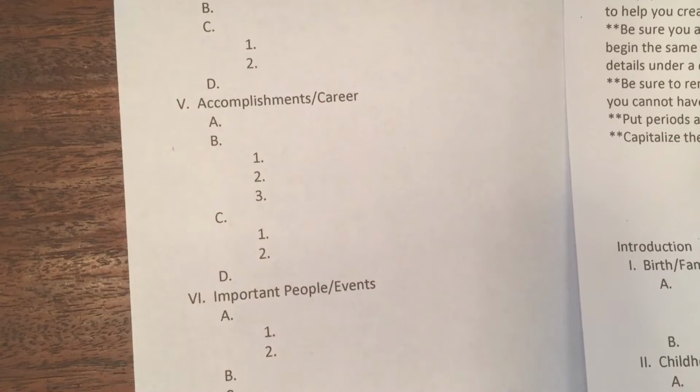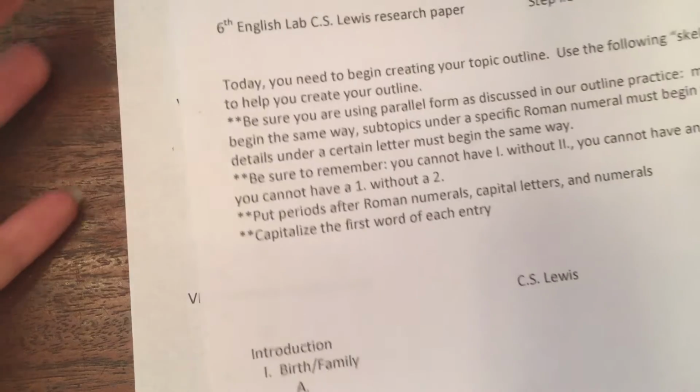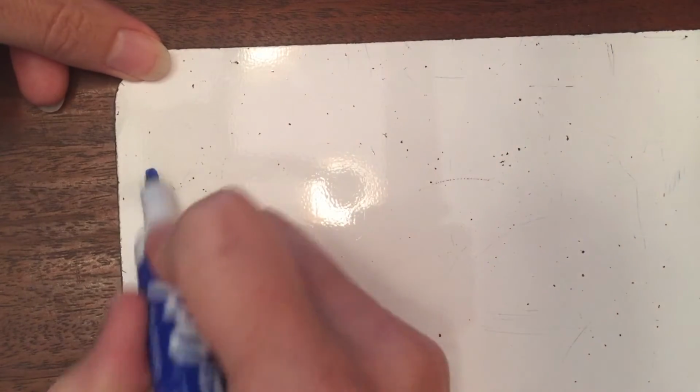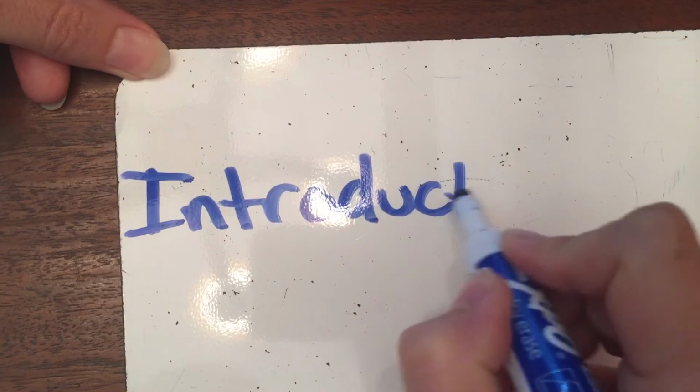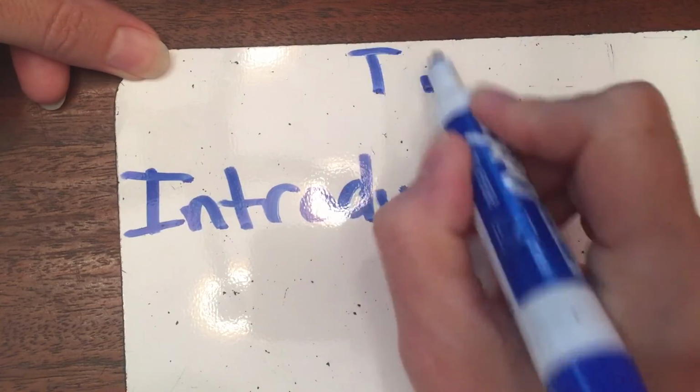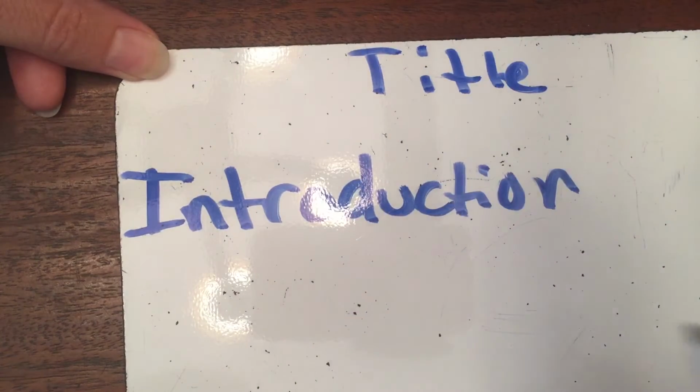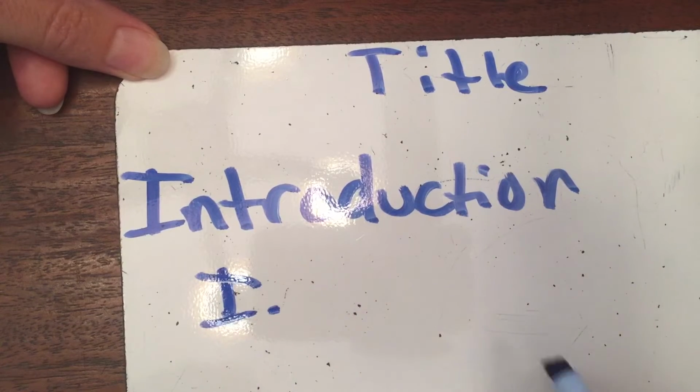Okay, yours might not look like that. I'm just showing you some different ways that it could look. Okay, now I'm going to grab my whiteboard here and show you an example of what one of your entries might look like. Okay, so I have introduction here at the beginning. Remember, I have title up here, introduction, and then my Roman numeral 1 I'm going to call birth